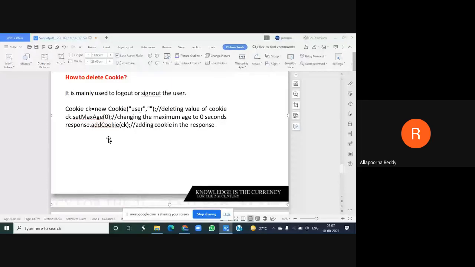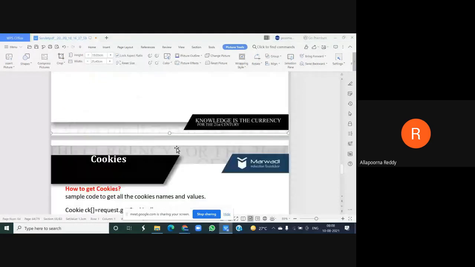Why do we need 0 here? Because I removed the cookie, so there is no matter of age. After removal, you need to apply response.addCookie(ck), adding the cookie once again to my response object. So whatever cookie was there, I have deleted, and I need a response to my client system.